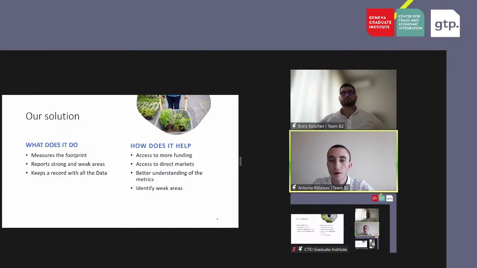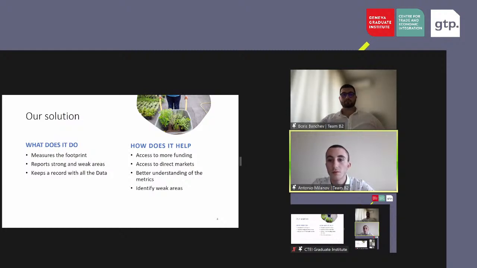The app will require farmers to provide necessary information about how they are producing, and based on this information, they will get a report. The report will have detailed information about their footprint, strong and weak areas. This will provide farmers with valuable insight of how sustainable their farm is, and most importantly, where the key areas are that need more work.